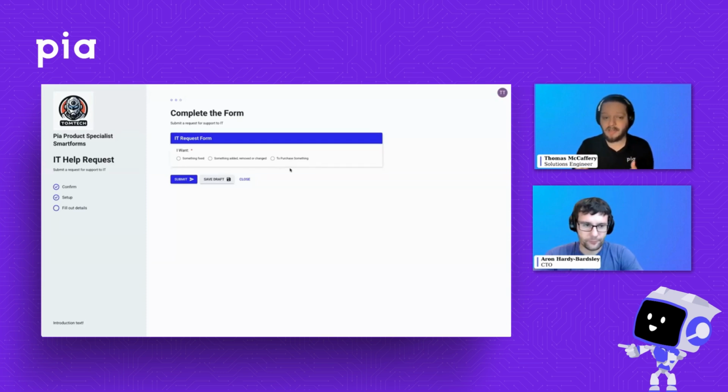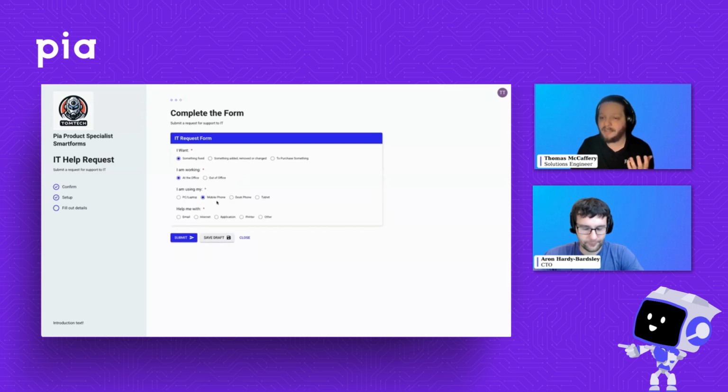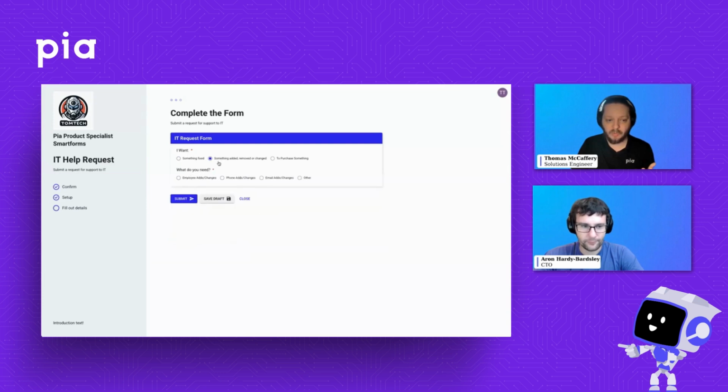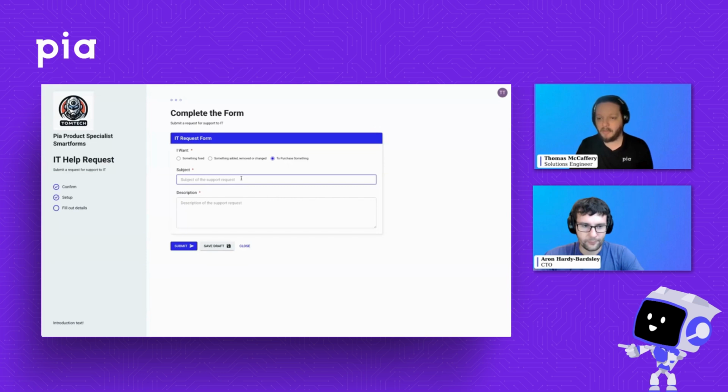And the way this form grows is quite dynamic. So we've got a couple of options here at the top. We say, I want something fixed, or something added, or I want to purchase something. So you essentially have your incident, your service request, or potentially a sales quotation here. Now, as I select these items, you can see the form then grows depending on what I've selected. If I switch across to something added or removed, I can now go down here and say employee changes. I can go employee add or email changes. If I go to purchases, I get the ability to add those details. So a lot of our forms do have this behavior built in, and it is really simple to configure on your own forms as well, basing the behavior of certain fields off the output of others.